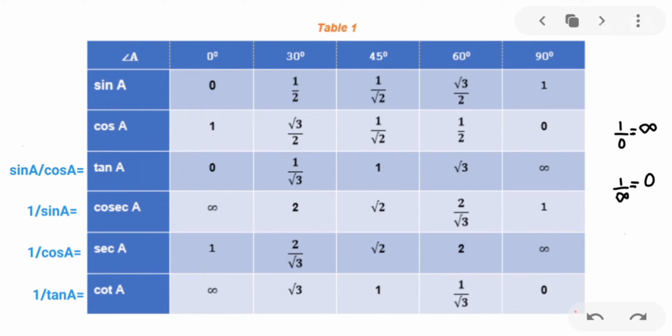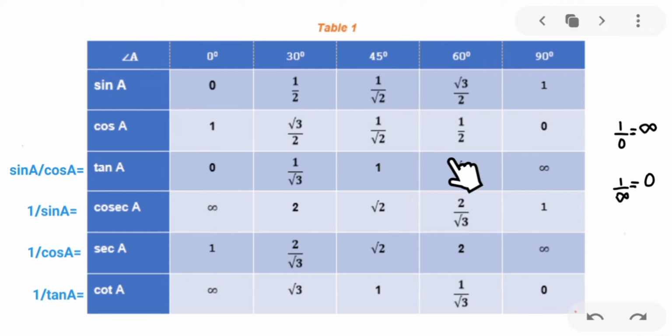So once you know sine and cos values, writing all other trigonometric ratios is very easy. Tan value is nothing but sine divided by cos. So 0 divided by 1 is 0, so tan 0 is 0. Tan 30 is obtained by dividing sine and cos. So root 2 and root 2 get cancelled and you will get 1 by root 3. So tan 30 value is 1 by root 3, and tan 45 value is obtained by dividing these. So 1 by root 2 and 1 by root 2 get cancelled and you will get tan 45 as 1.